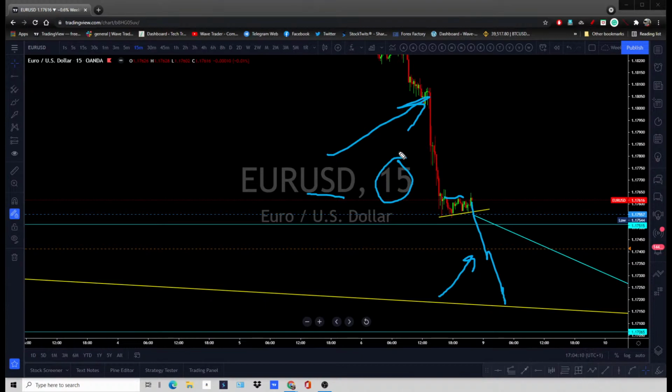Euro is sitting at the bottom, but there are a couple of dollar pairs where the dollar is still weak. The dollar is still not getting strength, which means that other currencies are still strong. Pound is still strong against the dollar, kiwi is still strong against the dollar, so you can chase the dollar there rather than chasing this tiny move over there on the euro against the dollar. We're going to look at those pairs.